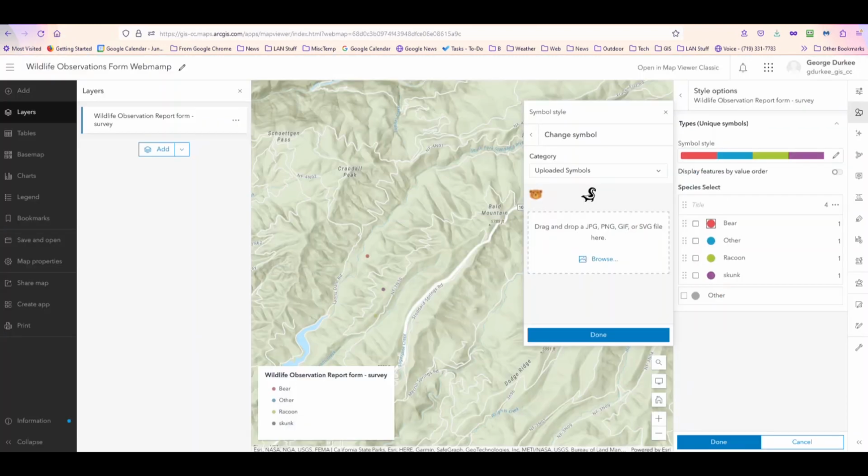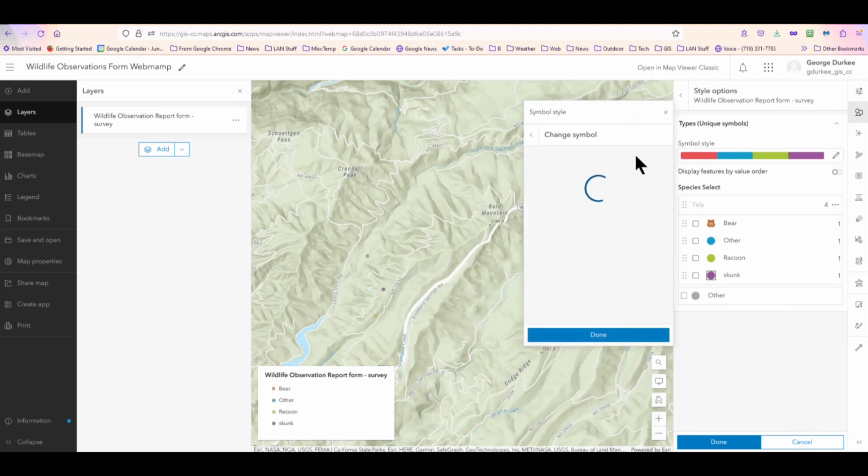And I've saved it to a folder. And so in my other screen here, I have that folder open to bear2 PNG, and you just drag it in here. And there you are. It automatically assigns it because that's the symbol we're on. And so you'll notice I've also done this with skunk. So let's go down to skunk